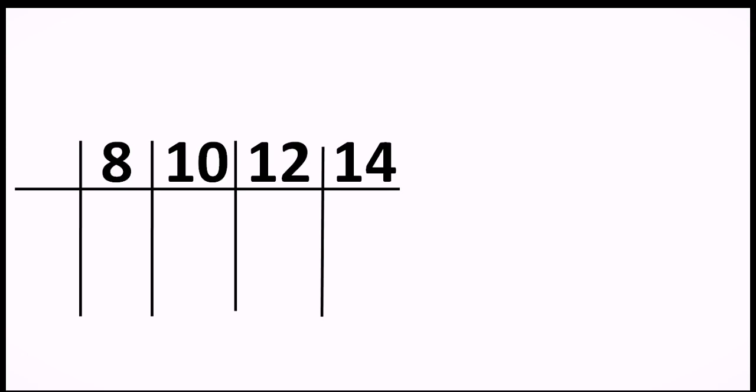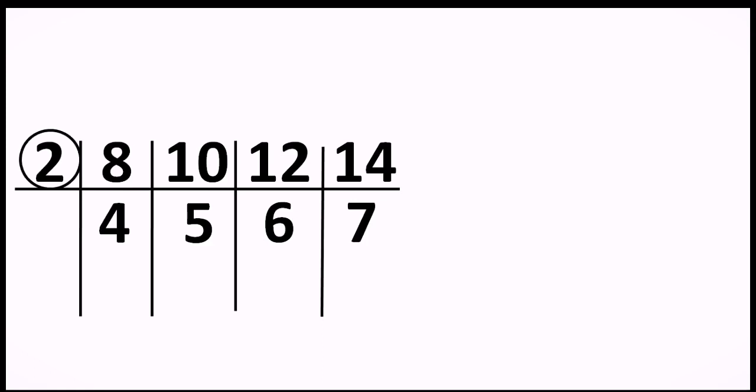Simple. So here we are with all even numbers, so we are going to choose 2, right? So when you divide these numbers one by one, 8 divided by 2 we get answer 4, 10 divided by 2 we get answer 5, when 12 is divided by 2 we get answer 6, and 14 results in 7, right? So if you observe the bottom layer now, we have 2 even numbers, 4 and 6, so those can be divisible by 2, but before that, that 2 that we used must be encircled by us, right or not?